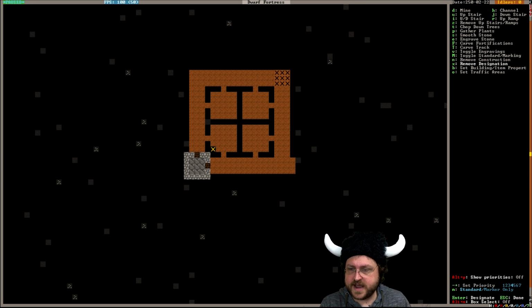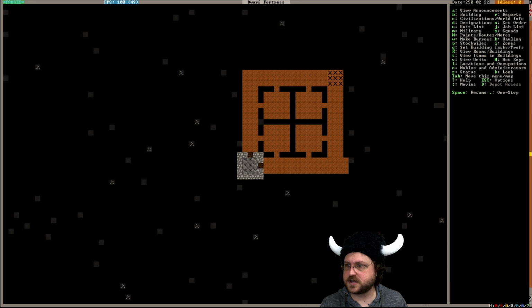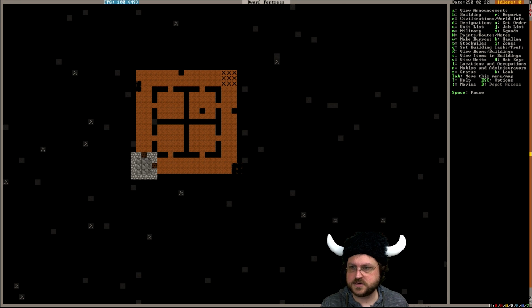Should be okay. Now, what we might want to consider... Are we going to be happy with how big these walls are? Because we could leave 2 spaces of walls, which might look more impressive. But I think we're okay. I think we're good. So let's go ahead and unpause. We got to get out of designation mode. There we go. Unpause. And get the digging...